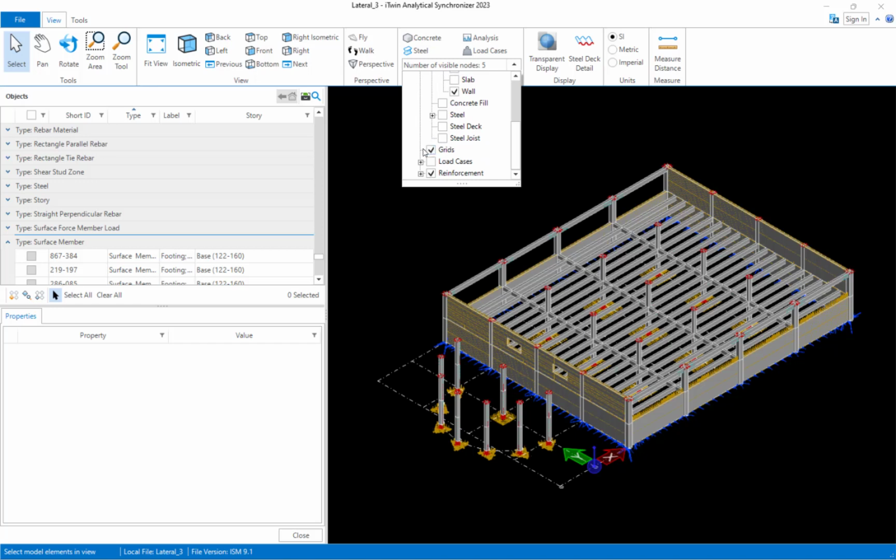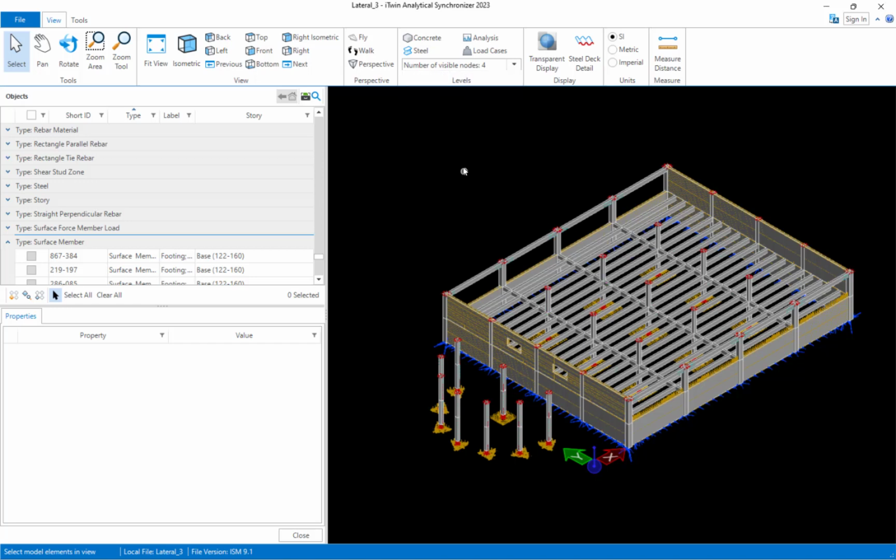And if I scroll on down, we can choose whether or not we want to see the grids and the reinforcement information. So now in my model, I'm focusing my attention on all the main concrete elements that were designed in RAM concrete. This will include all of the concrete members, concrete walls, and the reinforcing steel that was designed